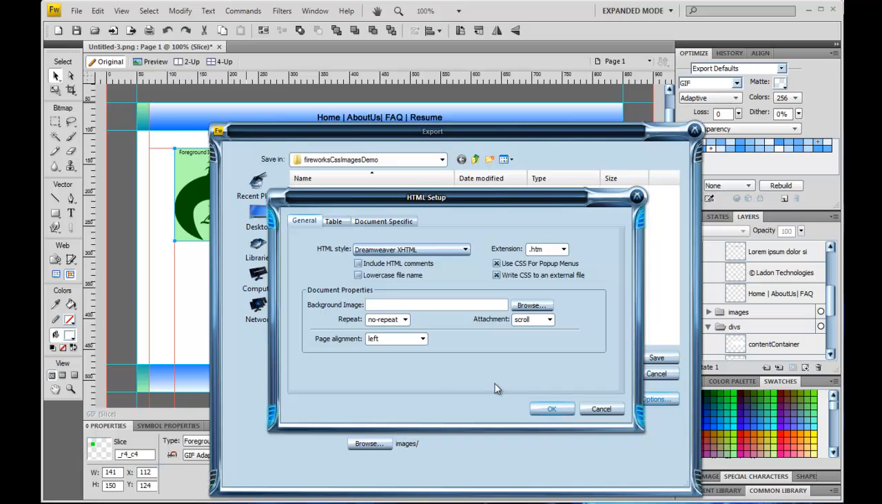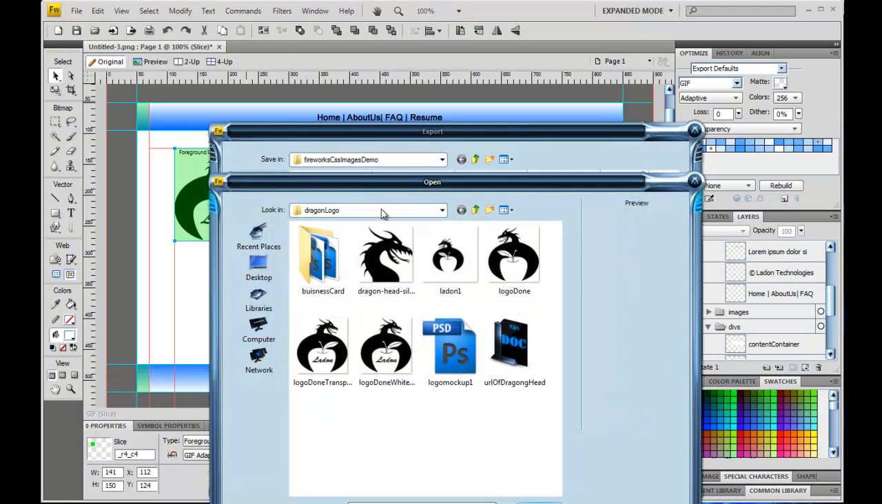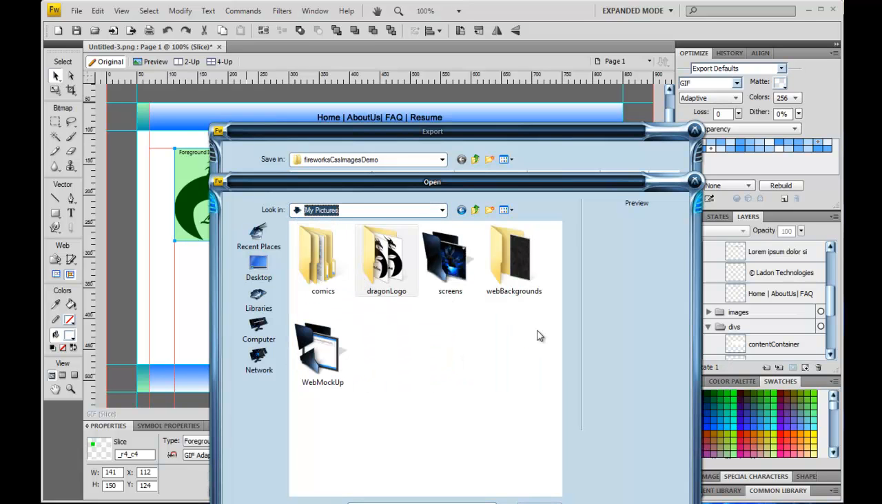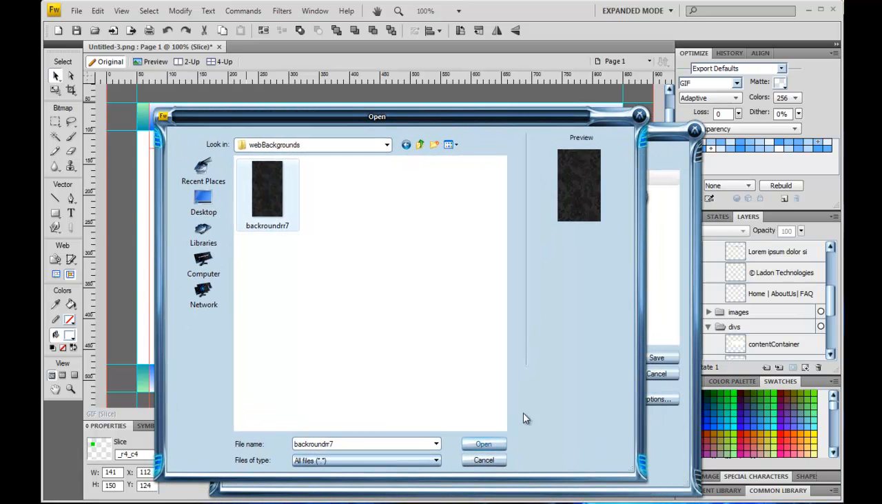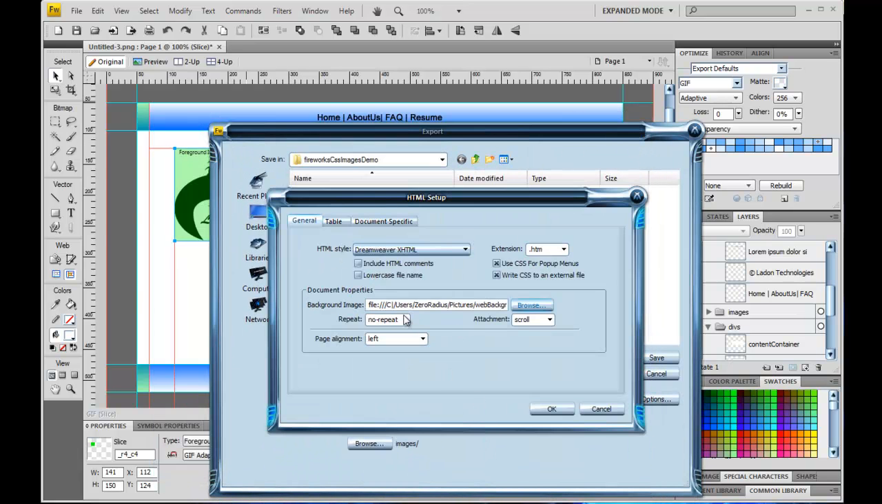Then go to Options, and this is where we're going to add in our background. So if I go to my pictures, I've already got a background ready that I use for everything when I first make something, and I want this to repeat on both the X and the Y axis. And then you've got your page alignment. I prefer all my web pages to hover in the center just because I think it looks better. So hit OK